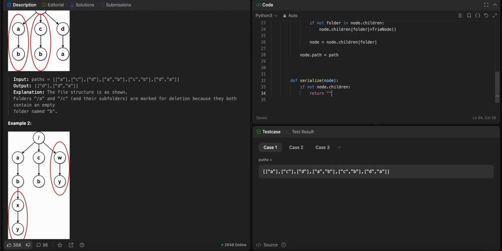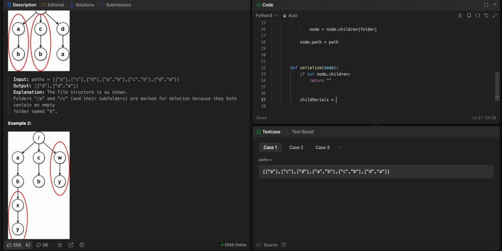And child serials, let's define this as an empty array and then process all the children. So for child in sorted of node.children.keys,